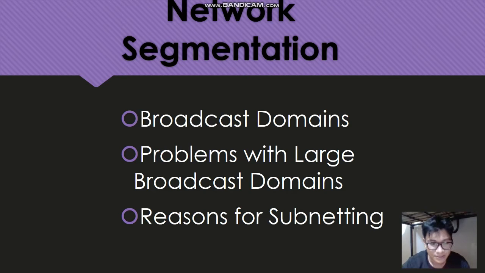Next one is the problems with large broadcast domains. A large broadcast domain is a network that connects many hosts. A problem with a large broadcast domain is that these hosts can generate excessive broadcasts and negatively affect the network. For example, a network that connects 400 users could generate broadcast traffic, resulting in two problems. Number 1 is slow network operation due to the significant amount of traffic it can cause. Number 2 is slow device operation because a device must accept and process each broadcast